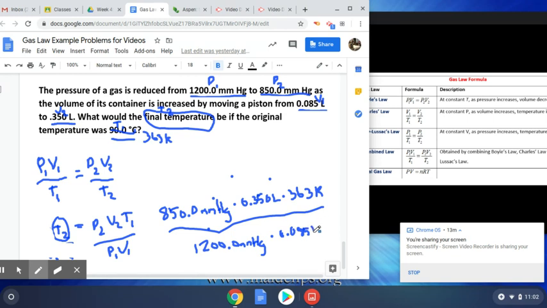And then you just go ahead and do that out, making sure that you have parentheses for the denominator at least. So you do 850 times 0.35 times 363, divided by 1200 times 0.085. So you end up with